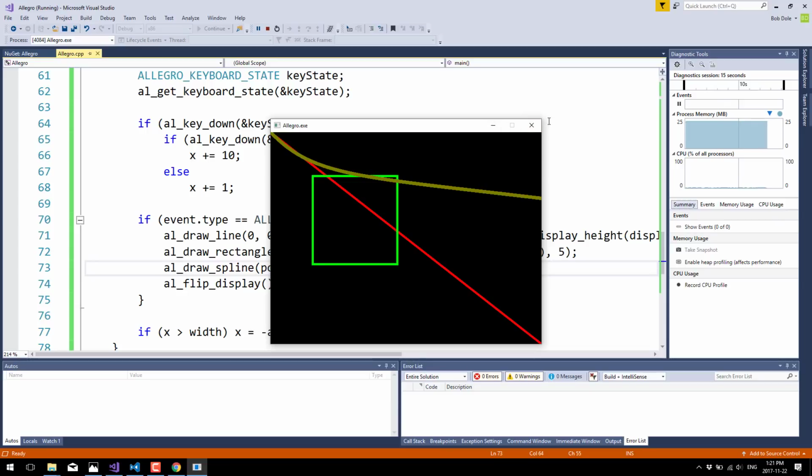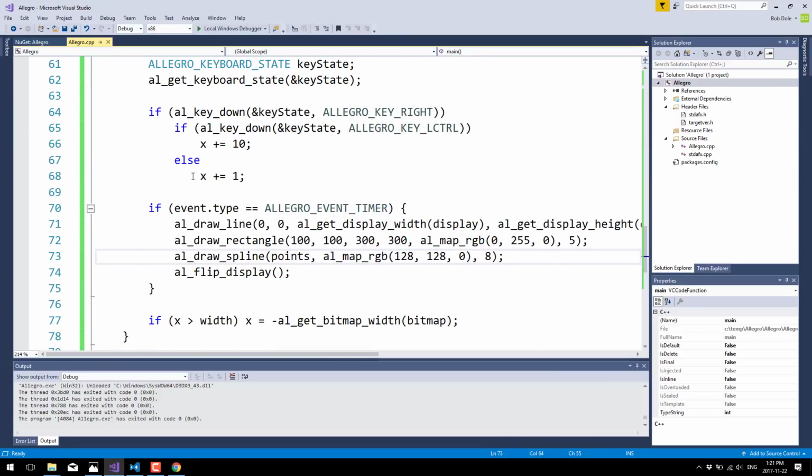The drawing primitives are pretty straightforward. You saw some of the more complex ones. There's a couple more examples in the code example on Game from Scratch, but you get the idea of how primitives work. So now let's finally move on to the last topic, and that is handling sound effects